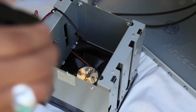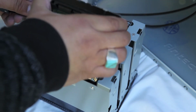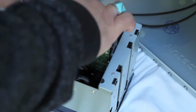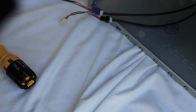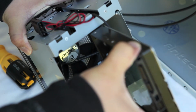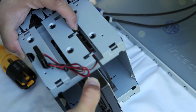So we're going to go ahead and insert our Western Digital 2 terabyte hard drive in there, and just push this right into the center. You could install this anywhere in the drive bay: the top slot, middle slot, or bottom slot. My preference is towards the middle of the slots because the fan can cool the hard drive pretty effectively. And now I just have to worry about lining up the hard drive screw